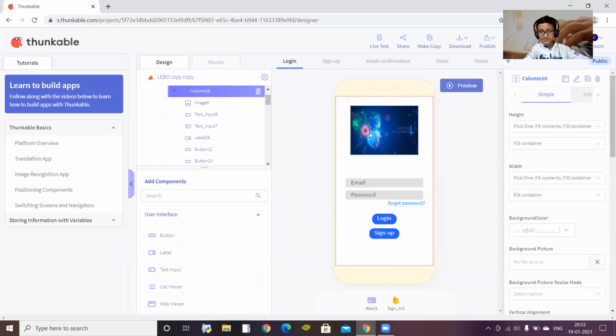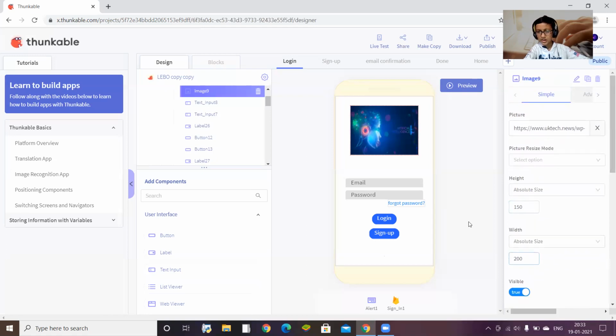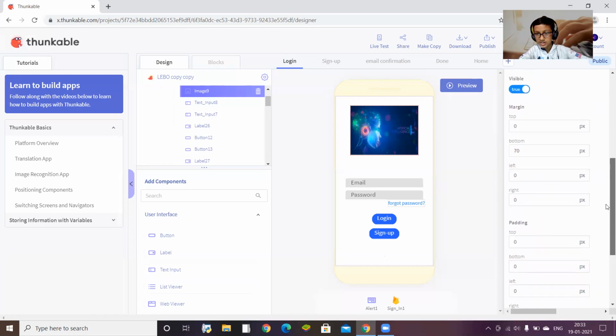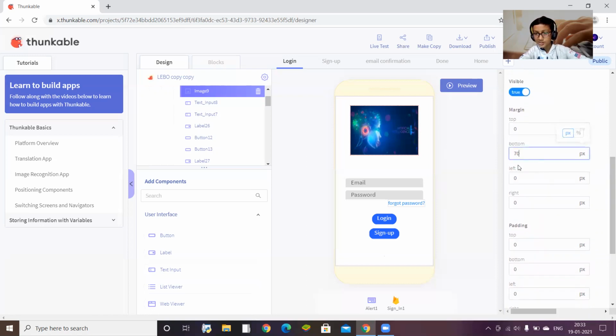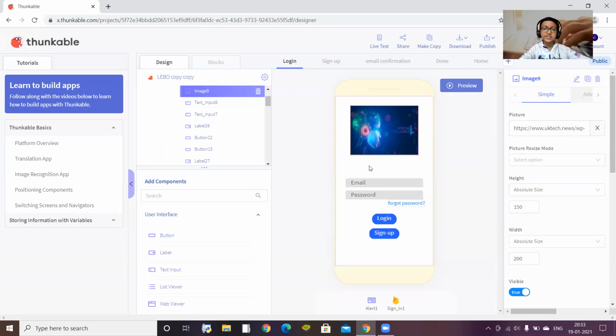After that, add one image of size 150. You can customize this, as the image can be short or long. Based on the image you can customize it, and the bottom margin should be 70 pixels. You can give borders if you want, and it is all done.